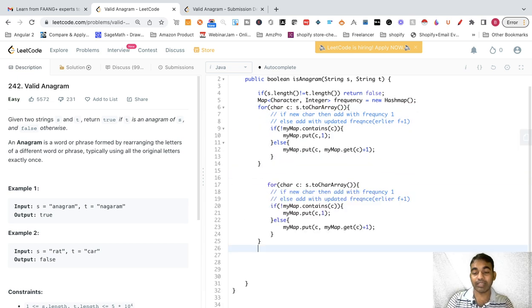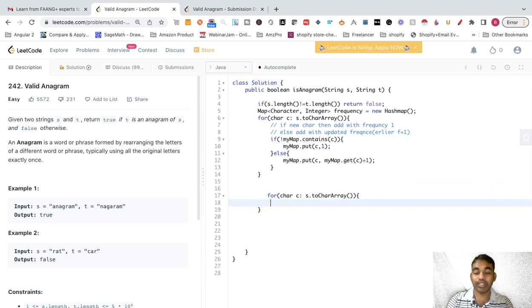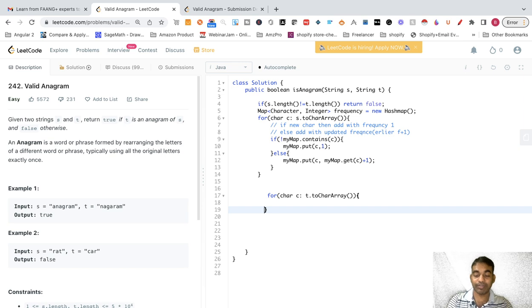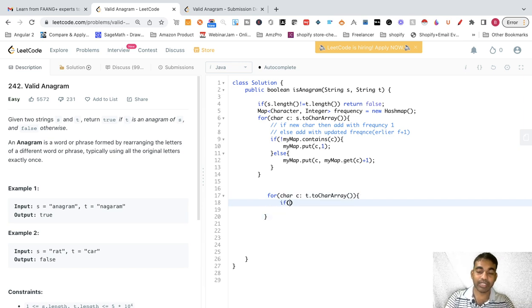Maybe I'll erase all these things. This time you need to iterate over this t. What you need to do is keep on removing. If the character is present, if my map dot contains the character, if the character is already present in this particular map,